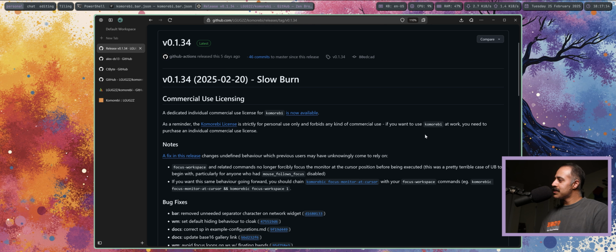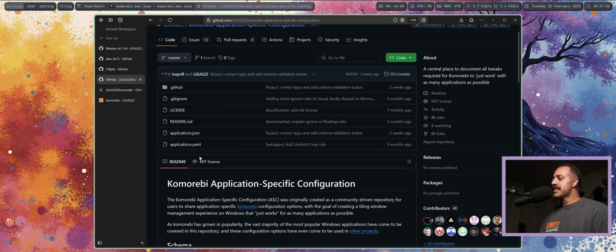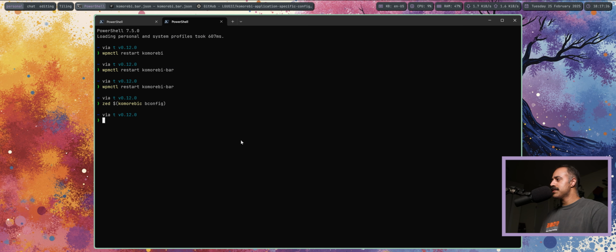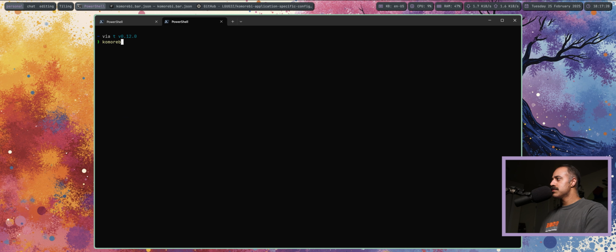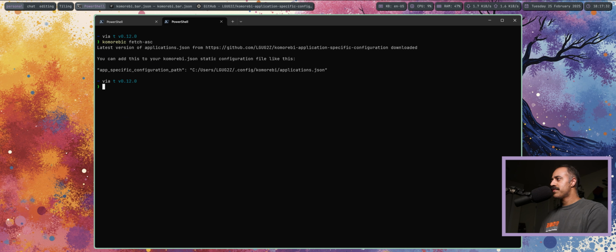As usual, we're going to start with some public service announcements. First is to make sure that you keep the applications.json file up to date. It is really easy to do this. All you have to do is go into your terminal and type komorebic fetch-asc. It is going to get the latest version of this